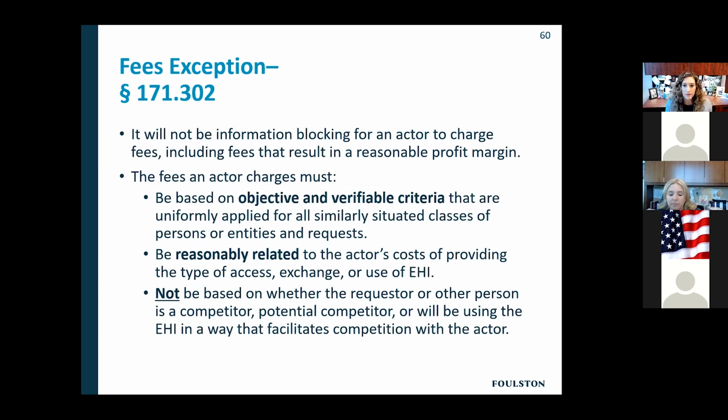But again, much like being able to charge fees under HIPAA, you can't just say, here's what we're charging you. The fees charged must be based on objective and verifiable criteria that are uniformly applied to similarly situated classes of persons. So again, this idea that you're probably going to charge a different fee to a patient, and maybe no fee to a patient at all, for request for access. But if an attorney comes along requesting those records, you're going to charge a fee. And so those different people